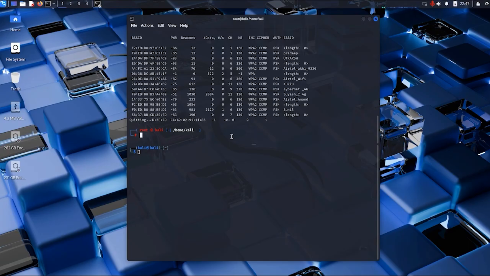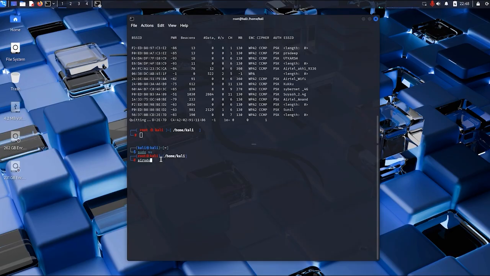Now we will see if our network adapter is able to identify all the 5 GHz frequencies or not. So we will just type Airodump-ng here. Let's do it in this terminal and we will apply sudo su here, and let's see if it recognizes 5 GHz frequency networks or not.